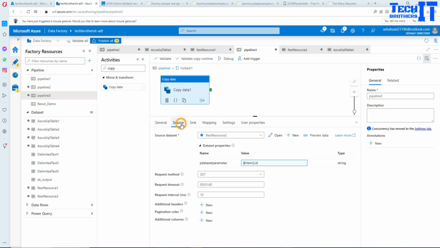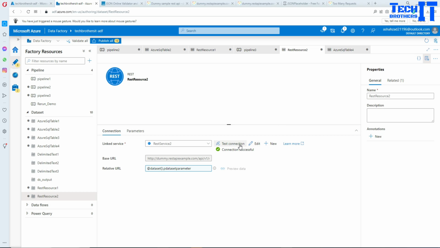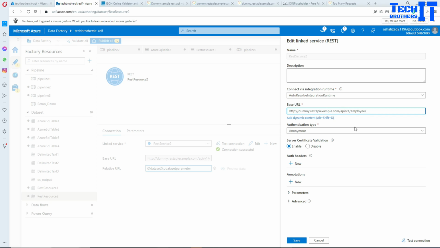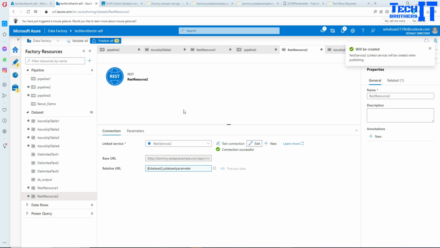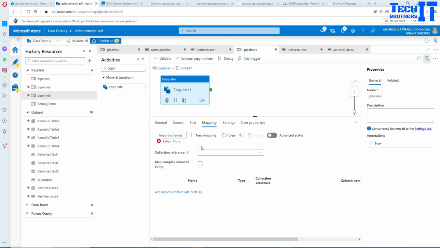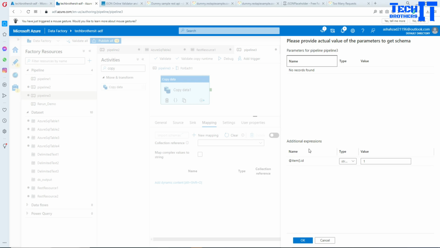Let me go back in the source. I believe we made a small mistake there. So we are in the source, hit open, and we are going to hit edit, and here we should be putting backslash. Hit save, go back to your pipeline, go to mapping now. Now what we are going to do here, so import schemas, it is in